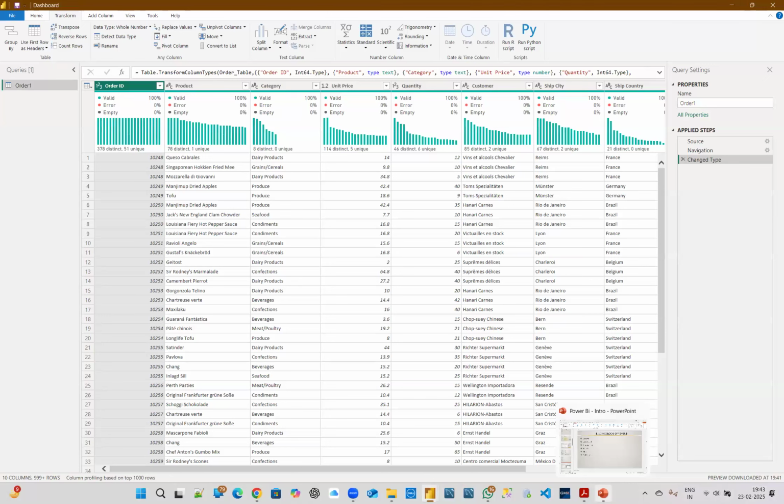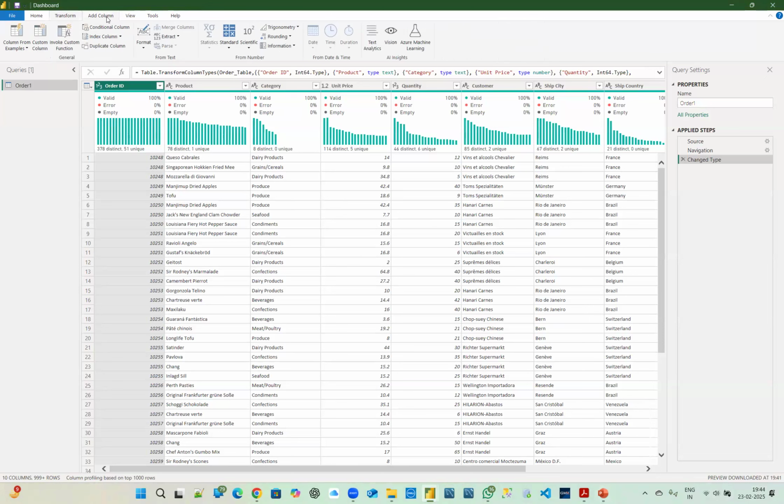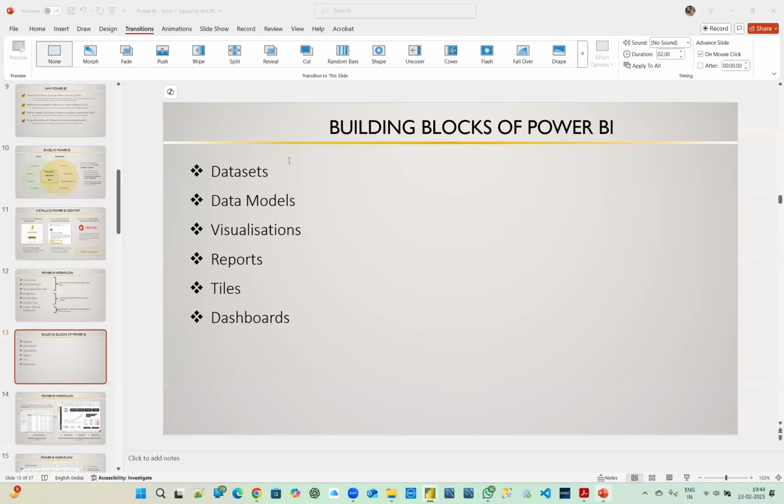I just wanted to give a brief overview of what Power BI looks like, what the UI of Power BI is, and what the UI for Power Query is. That's why we are just going through this in this demo session. Right, so Power BI,